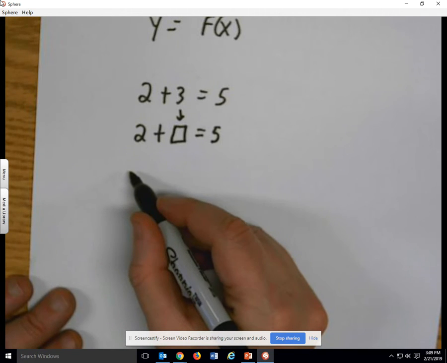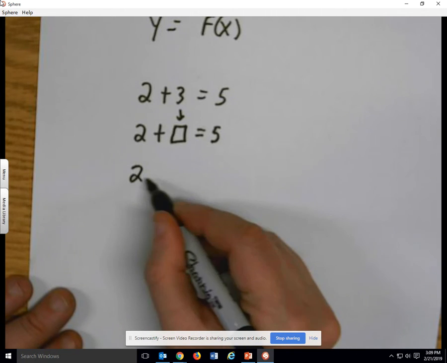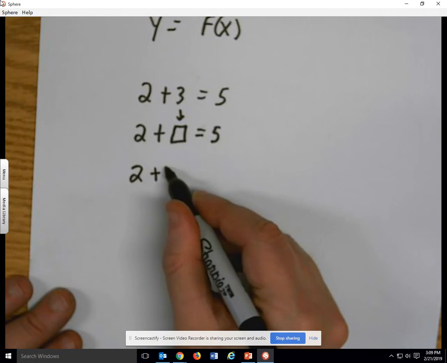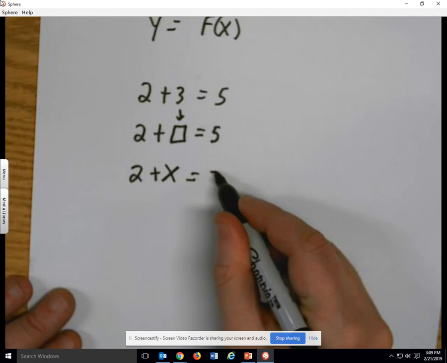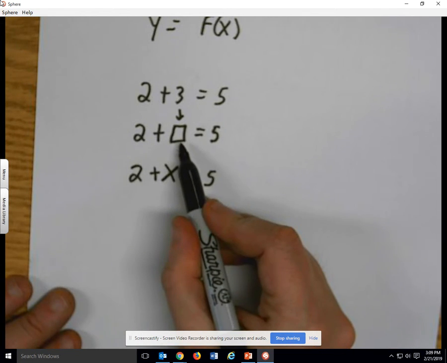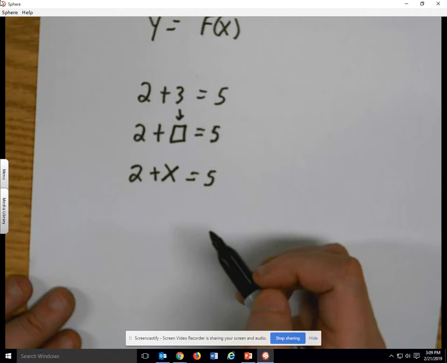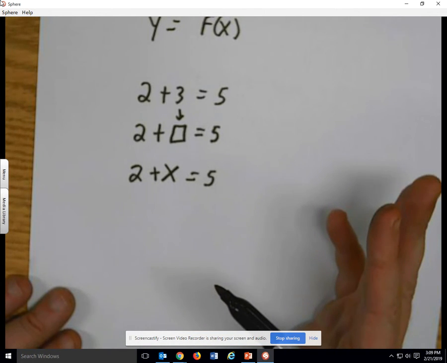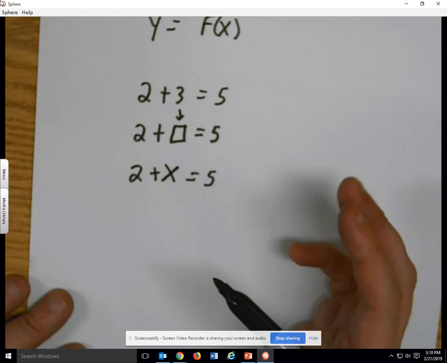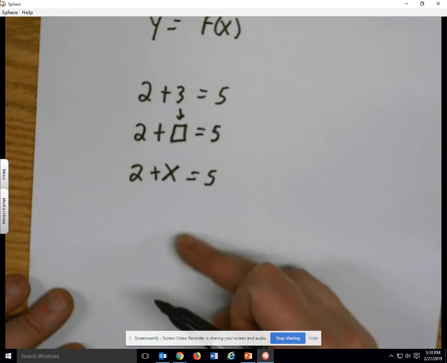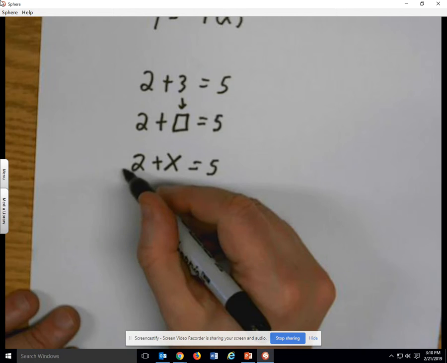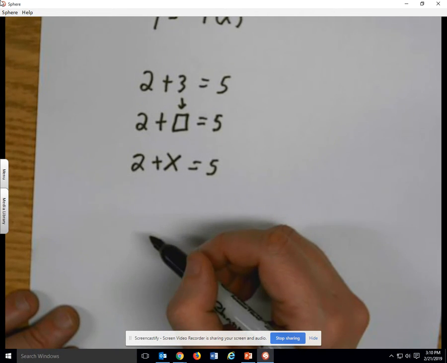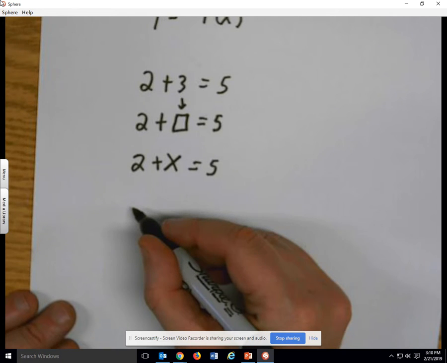But then, we started getting to middle school, and they did this trick to us. Now, it blows our minds. They say 2 plus, instead of putting a box, they put a letter, equals 5. Now, it's really the same thing as a box, right? But for some reason, this blew our minds, and we thought, oh no, there's a letter there. What to do? But the answer is still 3. We can solve this by subtracting from both sides. So this is probably middle school age. And then they do get a little tricky on us, right? They say something like